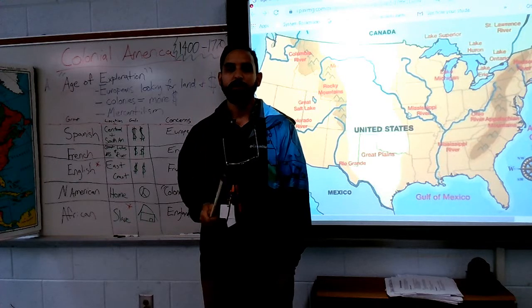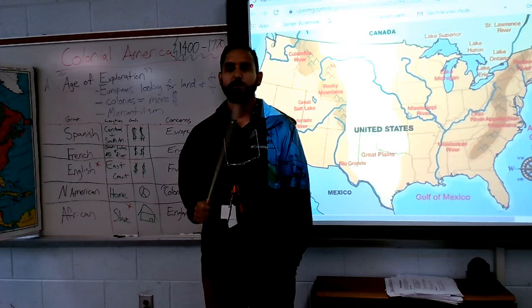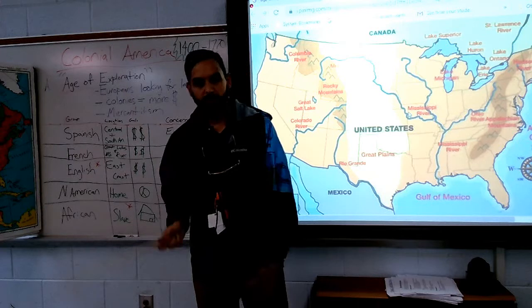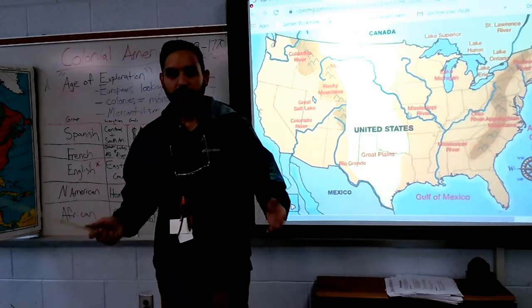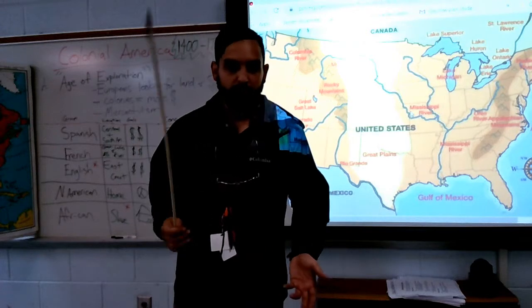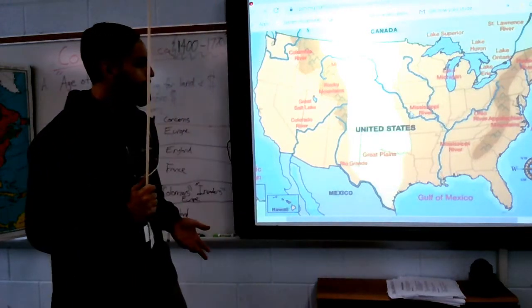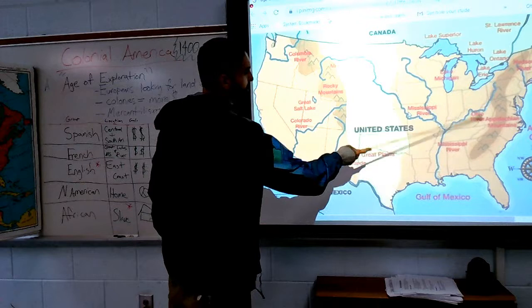A lot of folks back in the day would make their money trapping beavers, selling the furs. It's a luxury item. They would send those furs back to Europe. Europe would turn those into coats, hats, and all the fancy stuff rich folk like to wear, I reckon. But that's why this area would be highly contested.